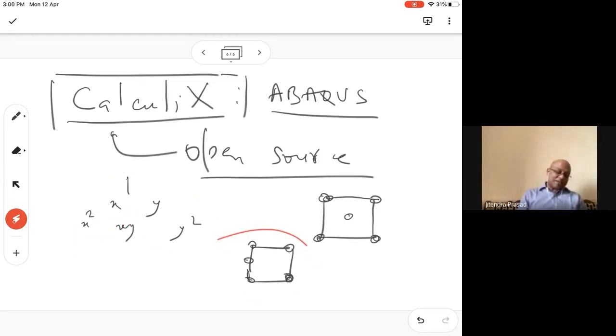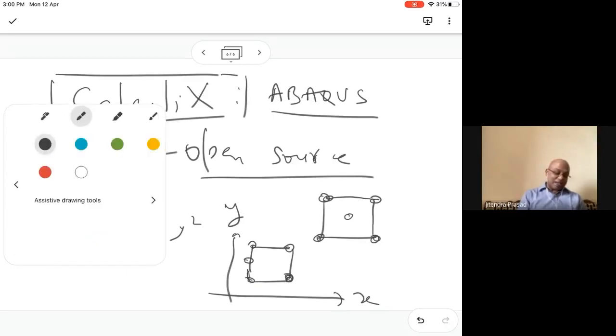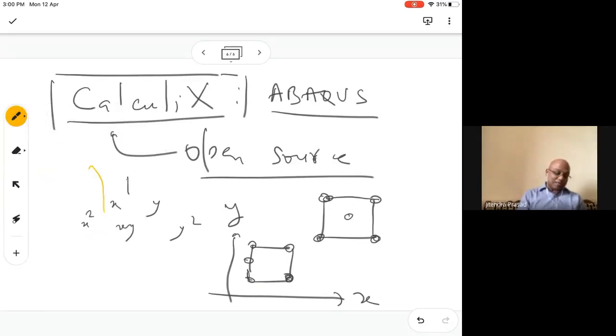In this case, you know that this way it is going to be quadratic, and in this direction it is going to be linear. So if this is X and this is Y, then you know that there has to be some Y terms in this direction. And X square term will not be there because there are no 3 nodes in this direction, right? Nowhere does it have. So X square terms will not be there. So in that case, most likely you will get this.